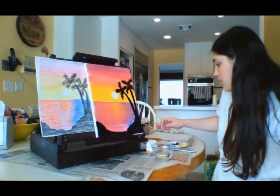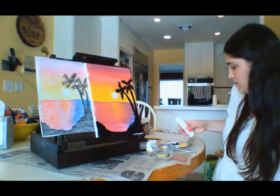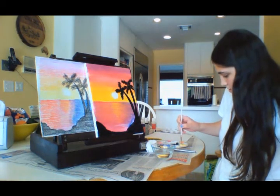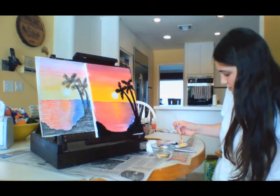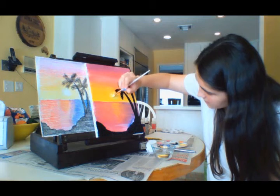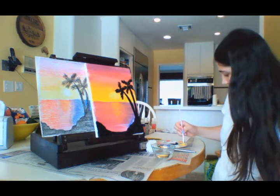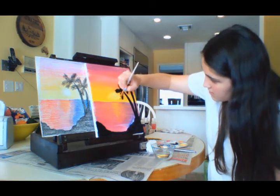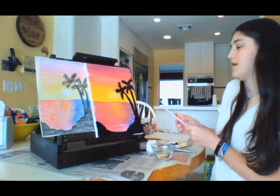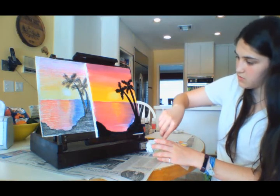But there you go. Now, lastly, we're going to take a little bit of yellow mixed with white to make a lighter yellow and just fill in your sun. You can reach out into the other yellow, but fill in your sun, and there you go. Now you have a sunset that looks beautiful, I'm sure, and once you let it dry, don't